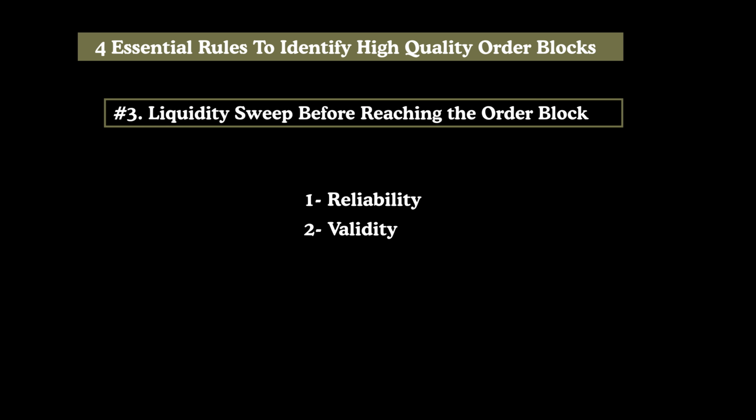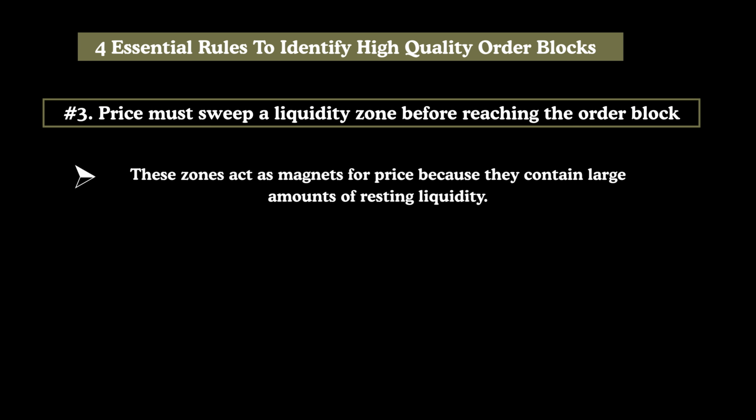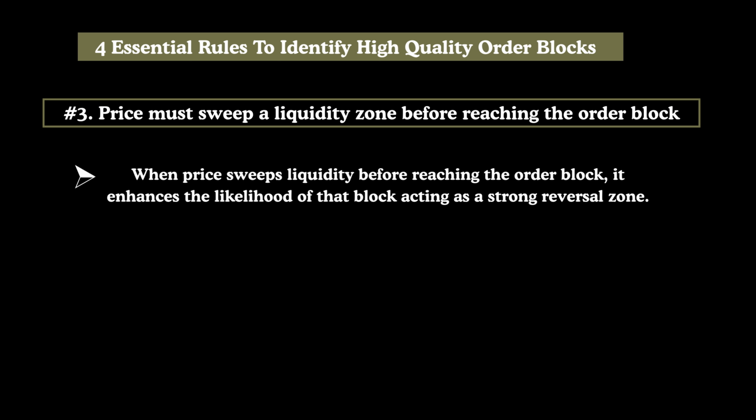Rule 3. Liquidity sweep before reaching the order block. Before price interacts with the order block, there must be a sweep of liquidity, where price grabs stop losses or pending orders resting above or below key levels. Liquidity zones are areas where clusters of stop losses or limit orders are likely placed, e.g., highs, lows, equal highs, equal lows, etc. These zones act as magnets for price because they contain large amounts of resting liquidity. When price sweeps liquidity before reaching the order block, it enhances the likelihood of that block acting as